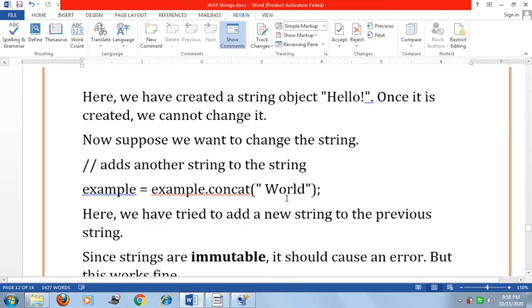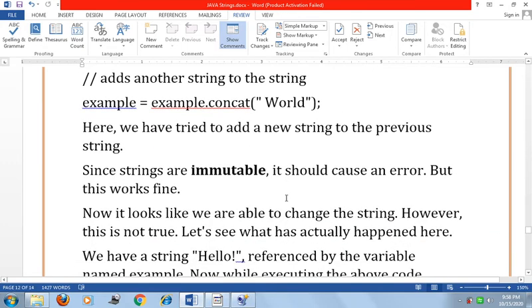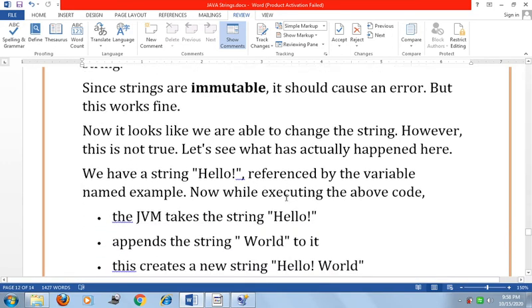Here we have tried to add a new string to the previous string. Since strings are immutable, it should cause an error, but this works fine. Now it seems like we are able to change the string. However, this is not true. Let's see what actually happened here.